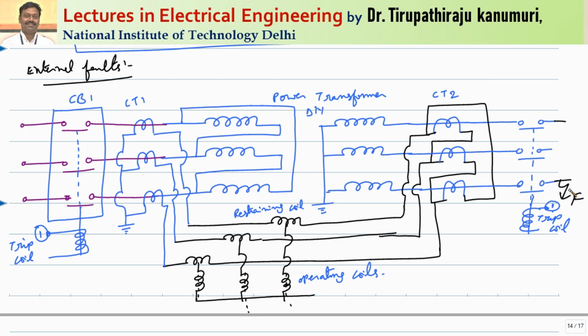Whenever the fault has happened in this phase, this current will be supplied by this one. I am just highlighting: this fault current is passing through this one. Getting this? So this fault current will pass through this CT, or this relay coil. You can see the current is passing through this relay coil. Let me represent it with a different color. So the current is passing like this. The relay coil is connected to this one, as well as this side it is connected to this one. That means the current in this path as well as the current in this path, that means the current in this relay as well as this relay will be affected because of the fault, because this is connected in delta.